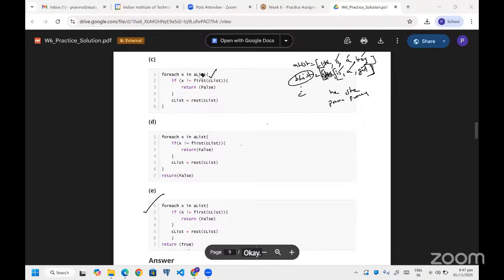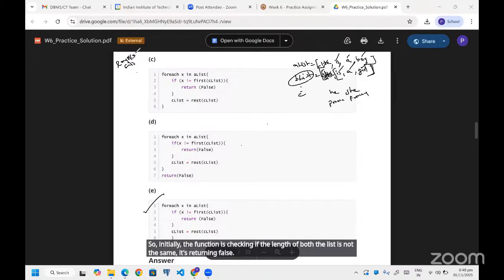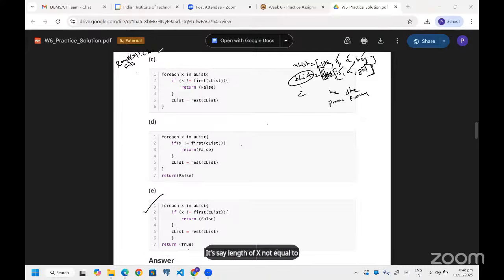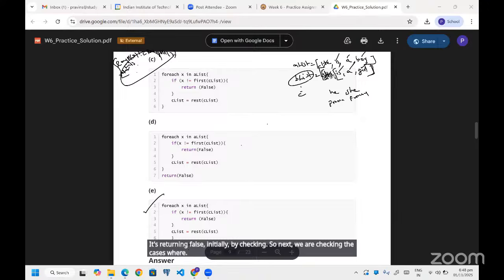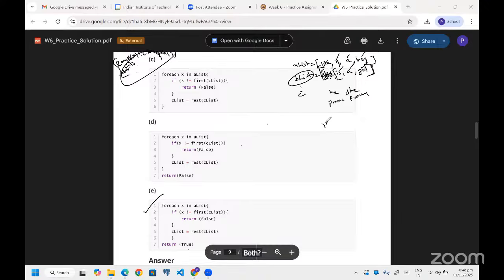Okay, your function should return true or false, right? Yes, sir. So initially the function is checking if the length of both the lists is not the same, it's returning false. Let's say length of x not equal to length of y, it's returning false initially. So next we are checking the cases where the ith word in both the lists or sentences, basically this first word, should have the same parts of speech, right?